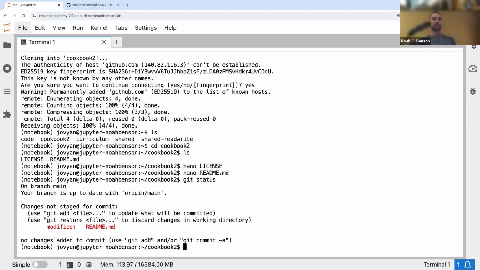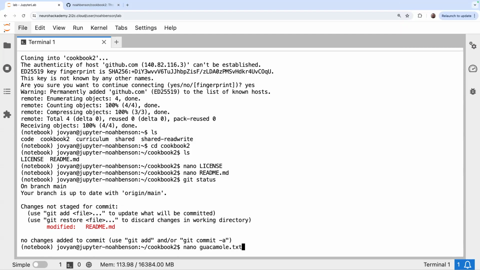We'll deal with that change in just a minute. But before we do that, we're going to actually write this guacamole recipe. So let's go ahead and run nano guacamole.txt. I didn't understand how to exit the